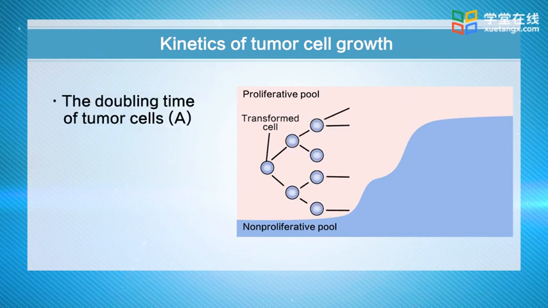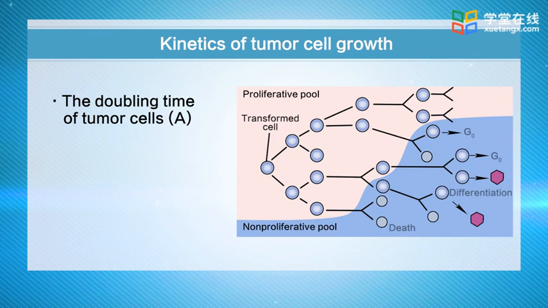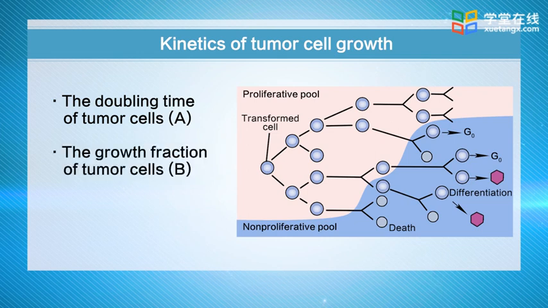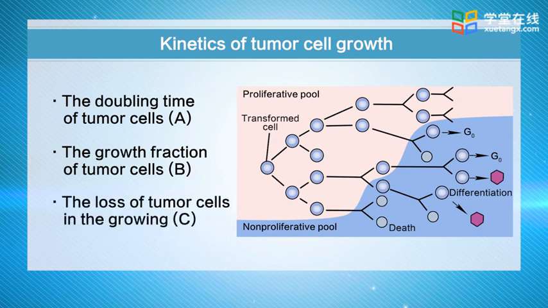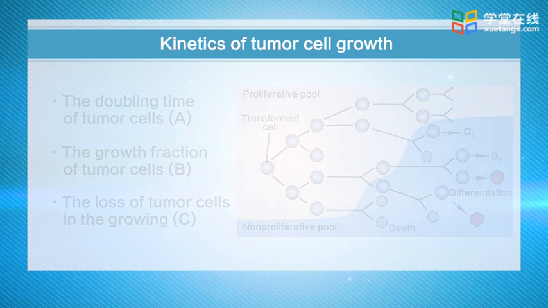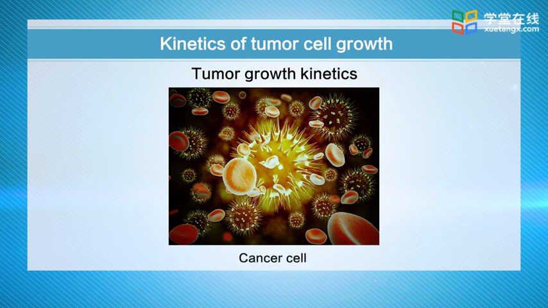The cell number of a tumor is increased by cell division, while it is decreased either through apoptosis or necrosis. Surprisingly, the total cell cycle time for many tumors is equal to or even longer than that of corresponding normal cells. Tumors are thought to grow rapidly due to an imbalance between cell division and cell loss. The kinetics of tumor cell growth can be translated into clinical tumor therapy, such as chemotherapy, which is a drug treatment that uses powerful chemicals to kill fast-growing tumor cells.